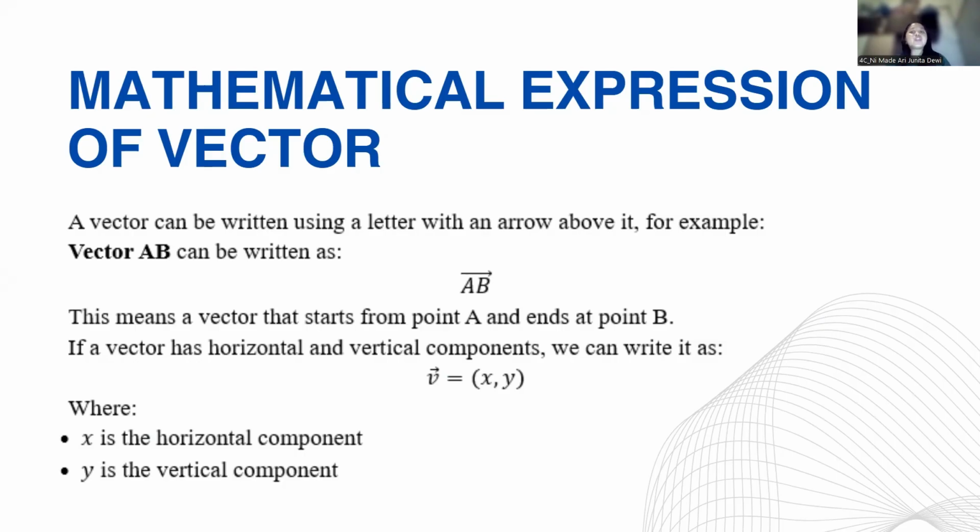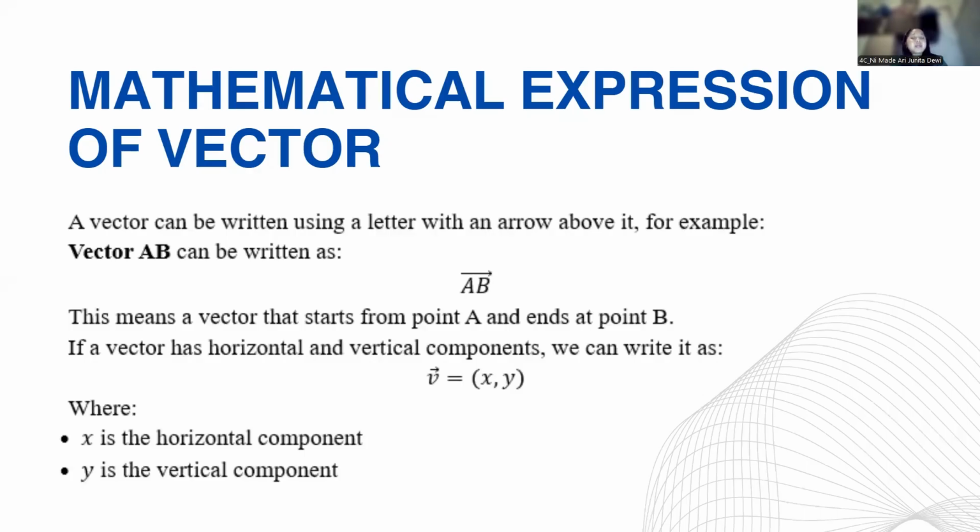A vector can also be written in its component form, for example, v equals open bracket x comma y close bracket. Here, x is the horizontal component and y is the vertical component. The horizontal component shows movement to the right or to the left, and the vertical component shows movement upward or